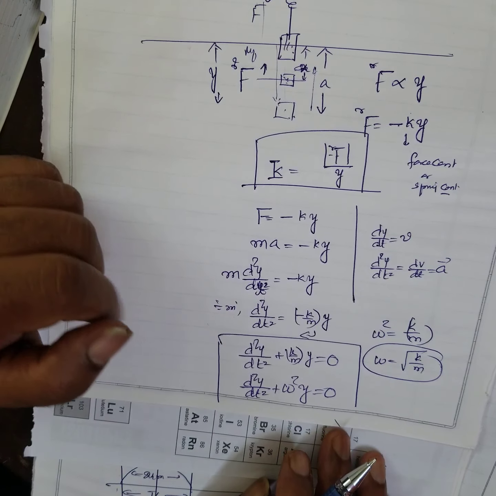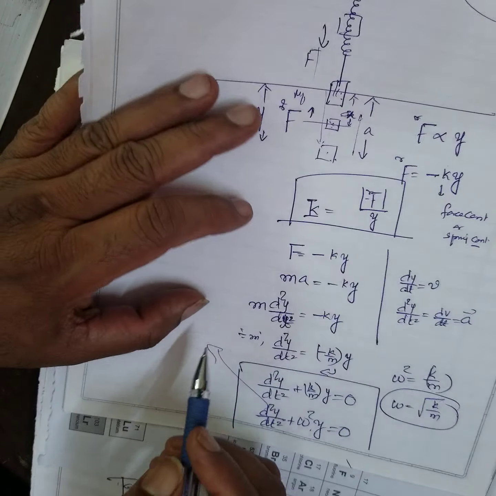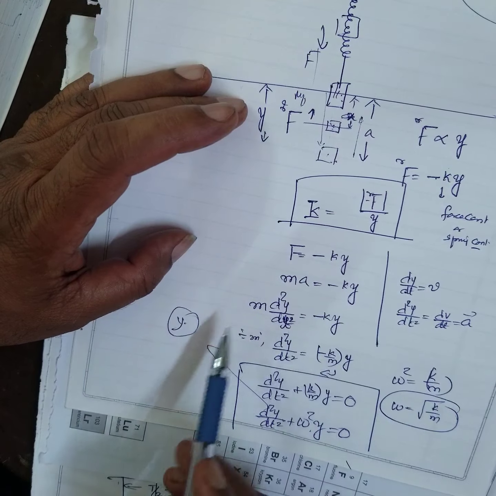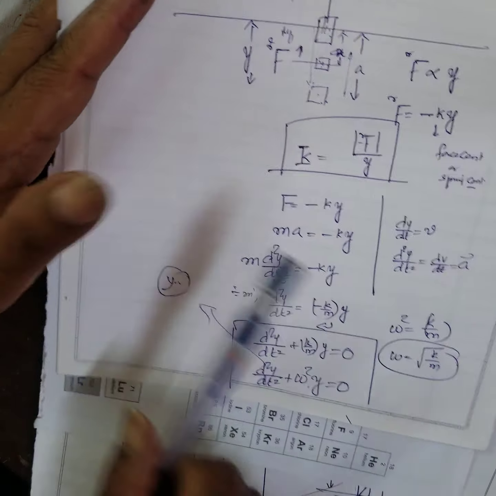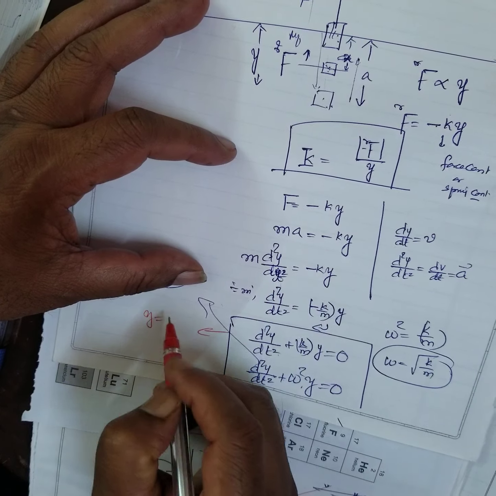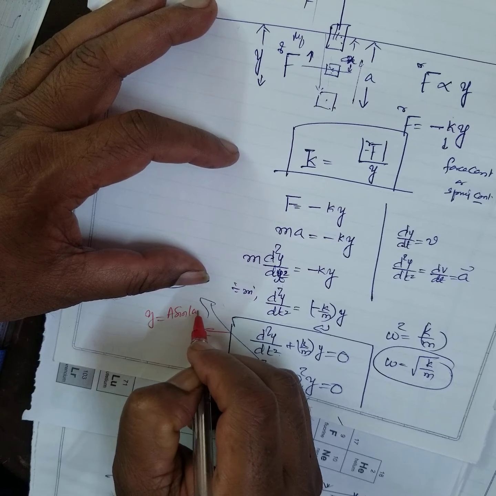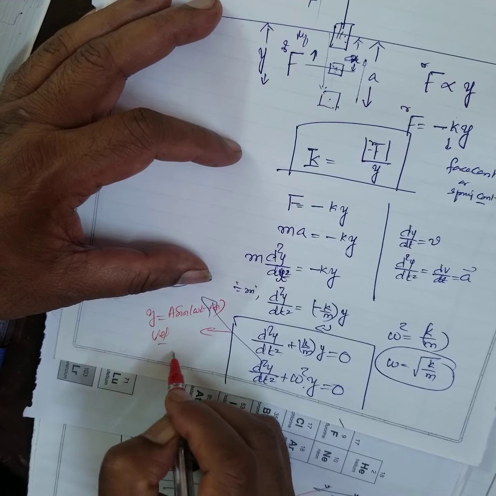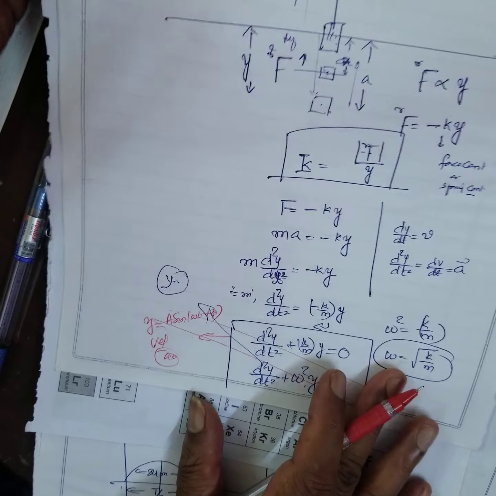Now they may ask you how to solve this differential equation. If I solve this differential equation, I'll get the displacement. I can get back this y. That means if I solve it, I'll get the displacement y equal to, say, a sine omega t plus phi. Again, velocity I can calculate, acceleration, all that quantity we can calculate, right?